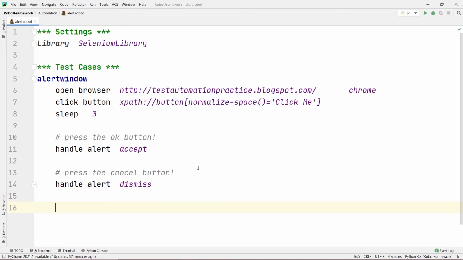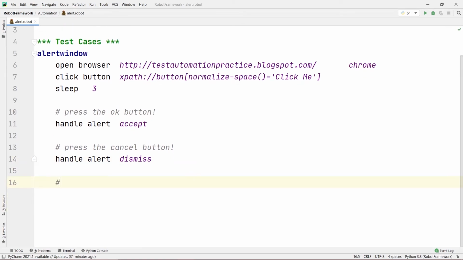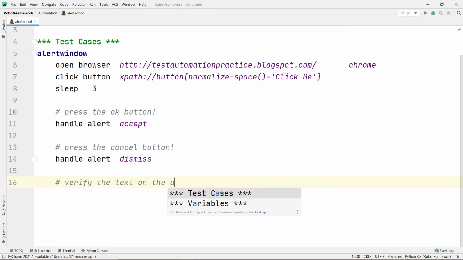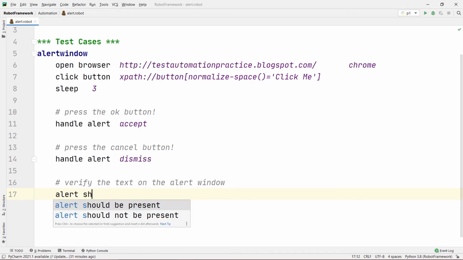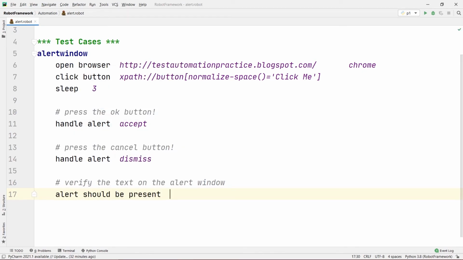And to verify the text on the alert window, the command was alert should be present, and then after giving a space, the text you want to verify will come here. This will verify whatever text you write here.